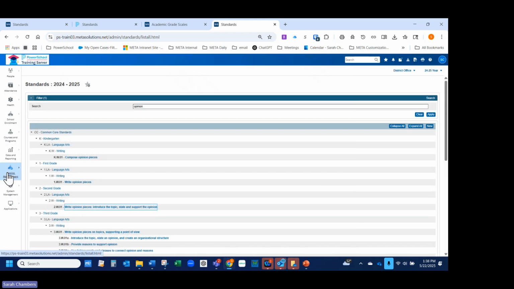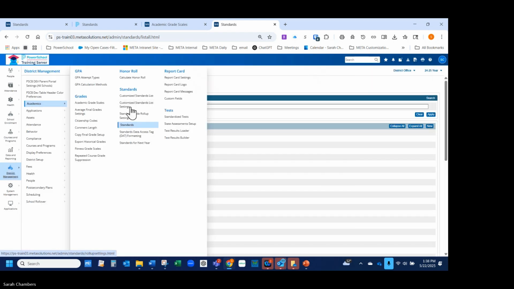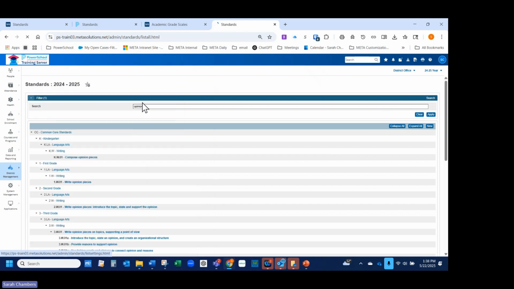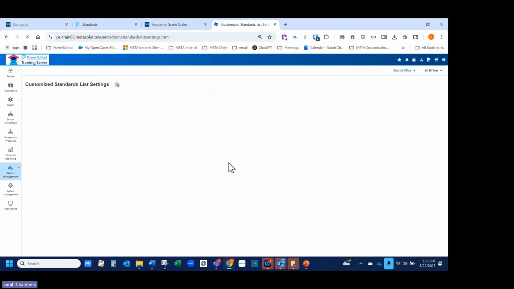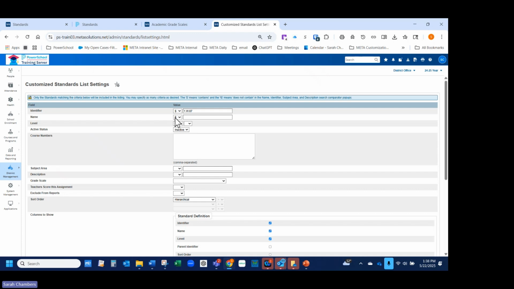Let's go look at your standards list settings. This is where I said you can look for something here. The $ is contains. The line in the $ is not contains. Equals, does not equal. I can put in a number. I can put in a word. I can